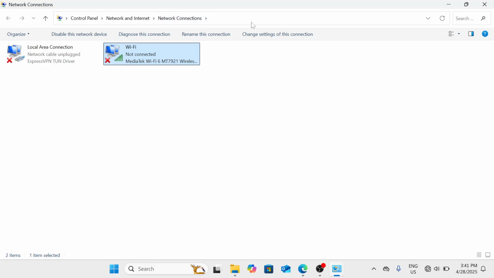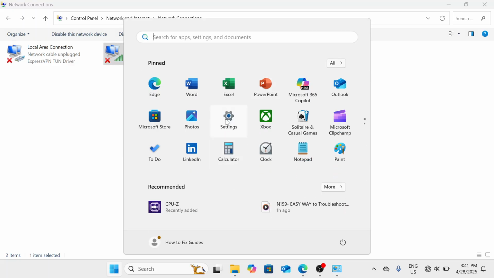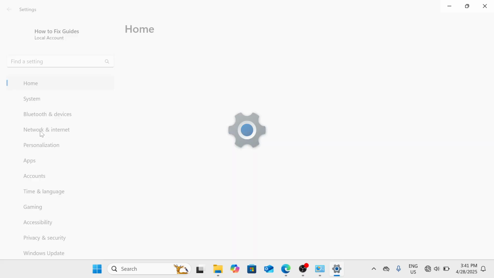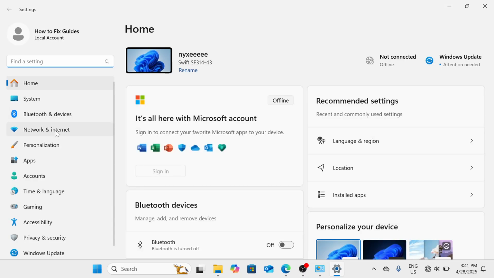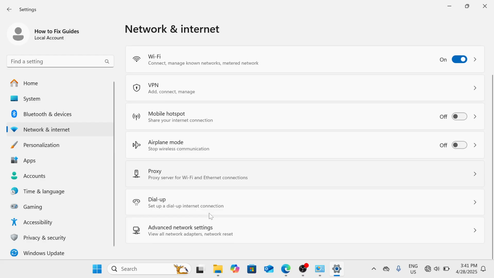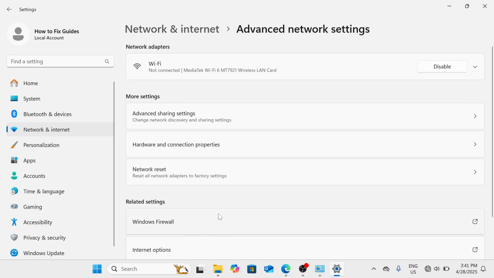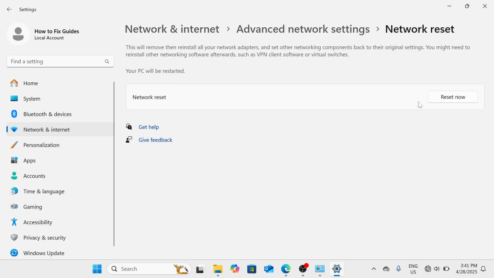network reset or reset the network. So go to network reset and click on reset now. So we can do that simply by going to the settings and proceed with this network and internet option here. Scroll down, click on advanced network settings, proceed with network reset option, and then if you click on this reset